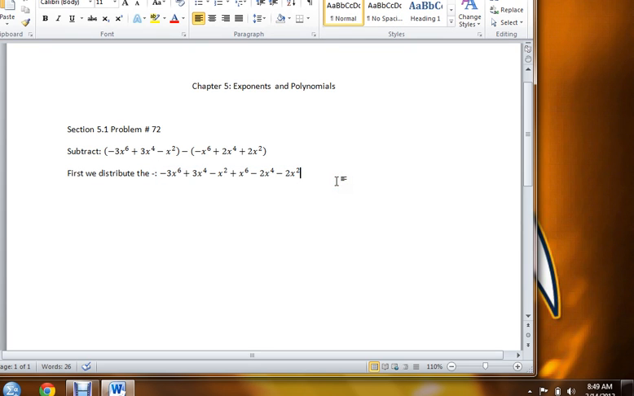The only thing we have left to do now is to combine like terms. So anytime we have two variable terms that are exactly the same, even if the coefficients are different, we can combine them together. So we have minus 3x to the 6th and plus 3x to the 6th, and we can combine those together. Now I'm going to write the extra steps here just so you can see what's going on. So we're going to write this as